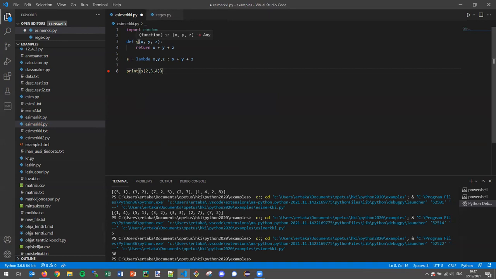A thing we've been using since the first course, since like week 3 in the first course or something like that. So even though this is possible, you're not supposed to do this. And I think the reason is that this is the basic way to define a named function. It's also more readable, and it's easier to find in a longer code as a function definition than the lambda. But lambda is great when you need to define an anonymous function. So again,